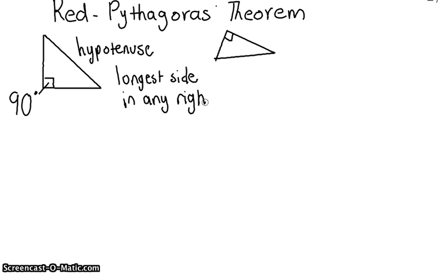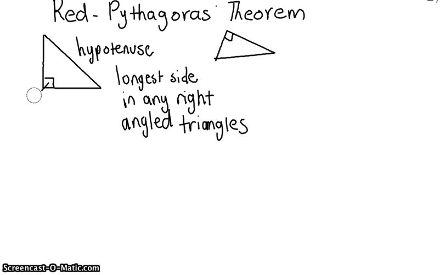Does that make sense? In any right-angled triangle, because you can only do Pythagoras' theorem with right-angled triangles. Okay? And so the hypotenuse is always the longest side, and the hypotenuse,